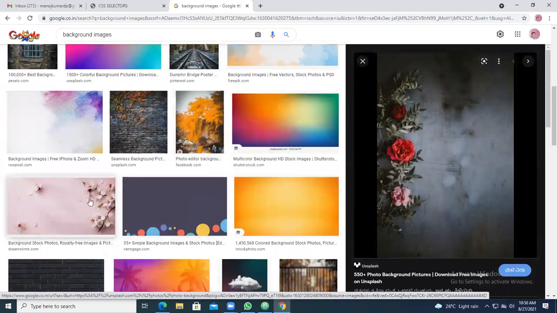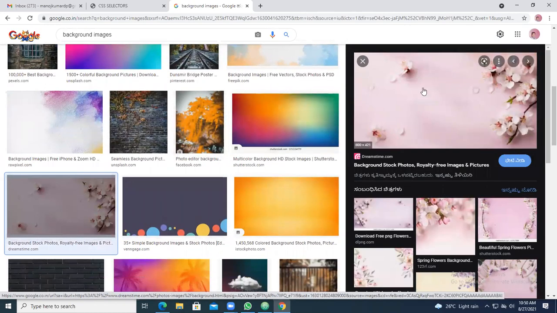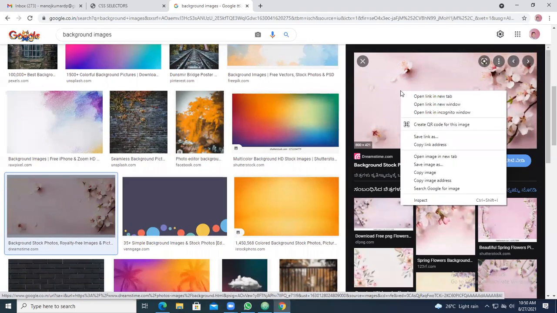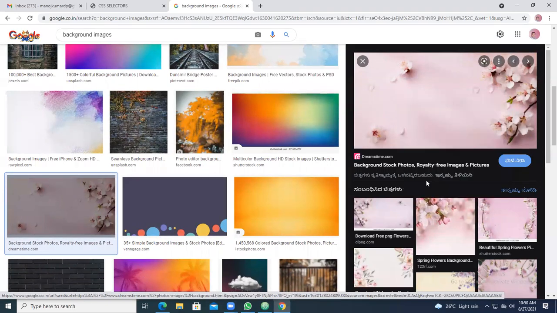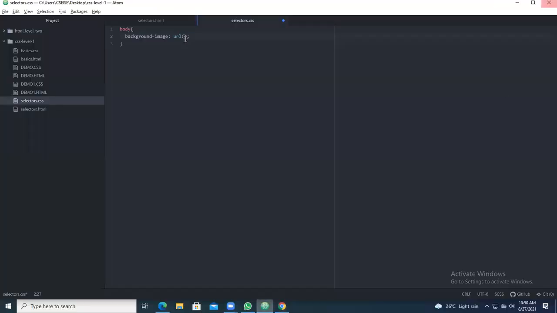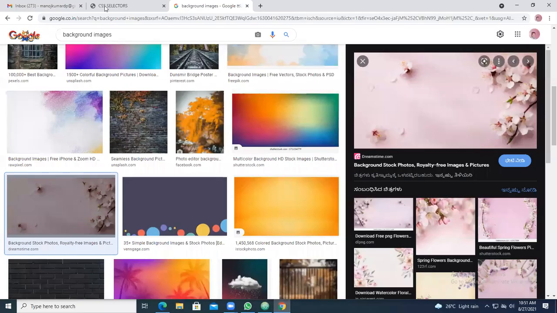I'll be taking this one. Right click, copy image address, and paste it in the link. When you paste, it should end with JPG. Now save the contents and go and see the web page.